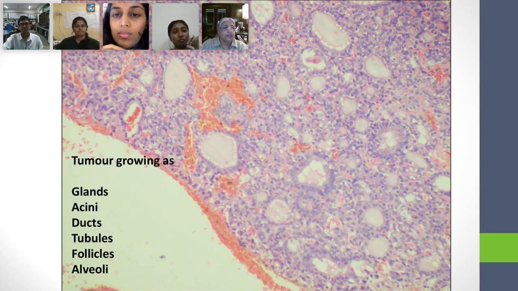Come on, what's a follicle? Where do you see follicles? Thyroid. Any other place? Any other place you see follicles? There are 4 women on the screen over here. Ovarian. Ovary. Okay, so the ovaries. Any other place you see follicles?